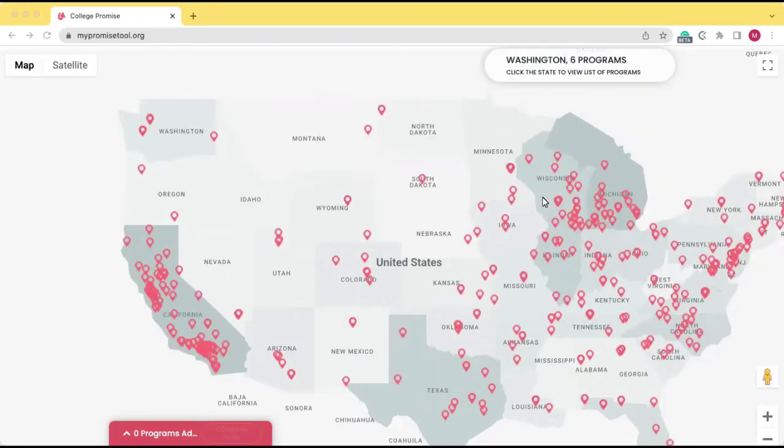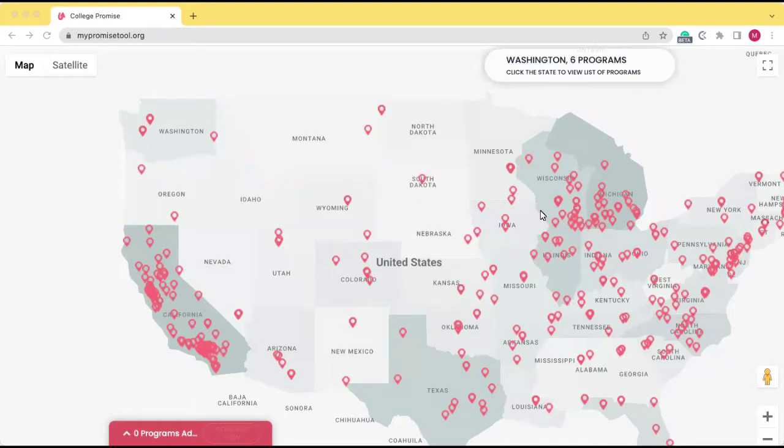Through this interactive map and robust search features, users can learn about all of the College Promise programs available to them. Key functions that we will cover in this video will include the database of over 350 College Promise programs with details like funding levels, eligibility requirements, and wraparound supports like tutoring or mentoring services.